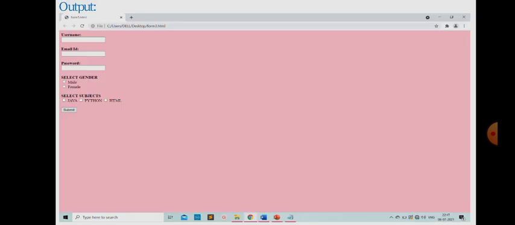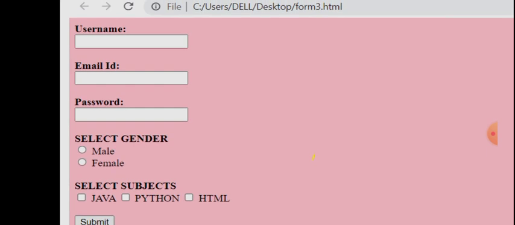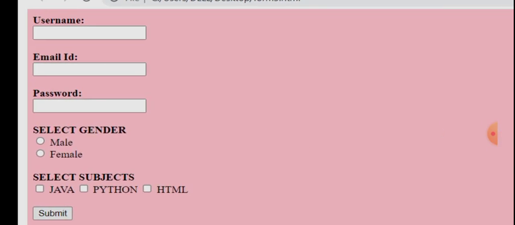So this is the output for HTML forms. In this output, we will enter the username in a single line and I'm taking the email id. It checks whether the email id has @ or dot symbols or not, and once I enter the password, it changes that text into other symbols.